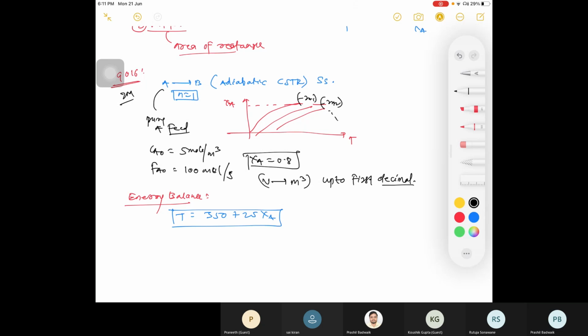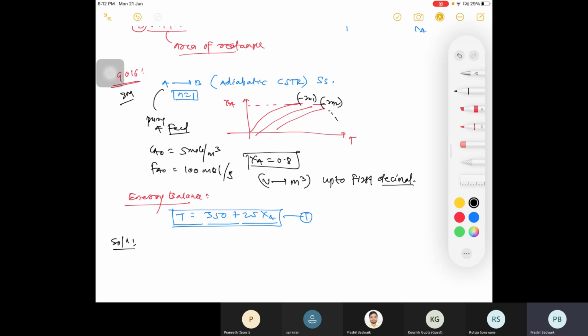So the approach here is, we'll draw the line according to the sequence and see the corresponding RA values, like the XA values. But here you are solving questions, and in practical life, if you are not getting this kind of equation, then you go for plotting, right? Here you have been given the equation directly. So we will use this equation and you can plot, you will get one line here, some kind of this.